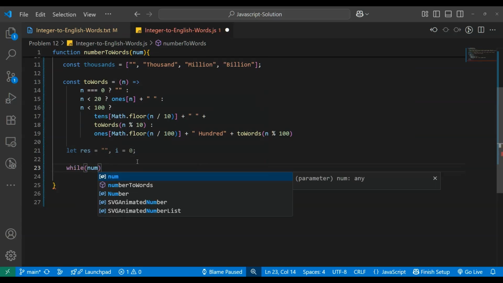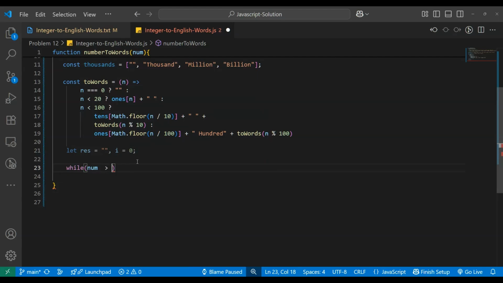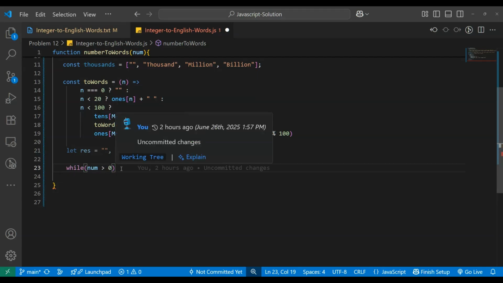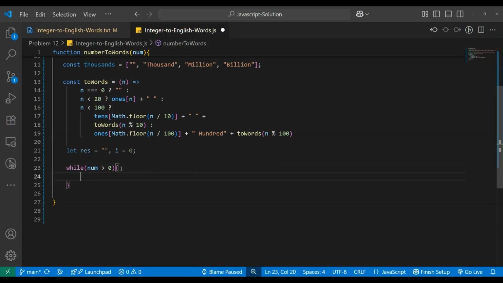While the number is greater than 0, if number modulo 1000, we need to check here if the current 3 digit chunk is not 0. So if not equal to 0,